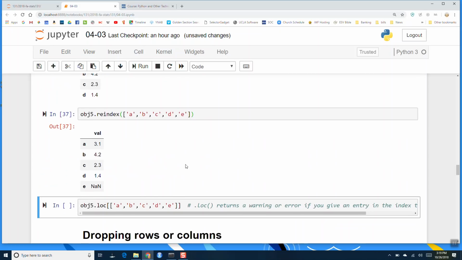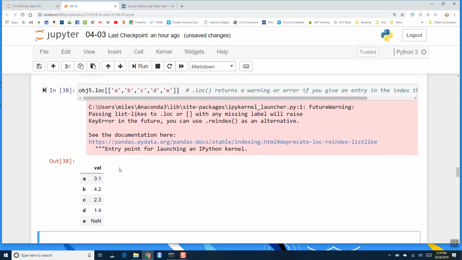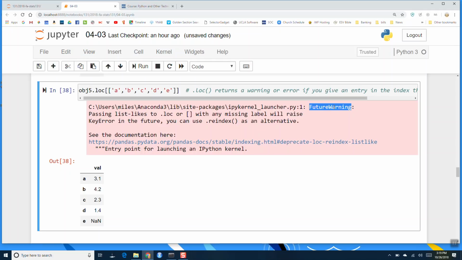But if I reindex and I specify something like E here, which does not exist in the original, reindex will produce a NaN value, okay? But using .loc and specifying E, right now it works, but it gives us something called a FutureWarning, which says your code is going to break pretty soon, okay? So right now in the current iteration of Pandas,